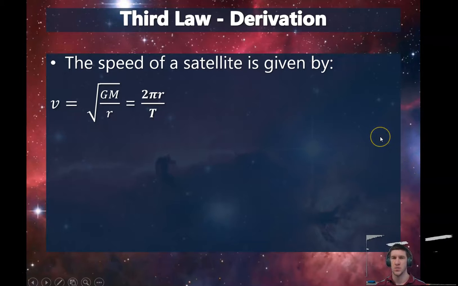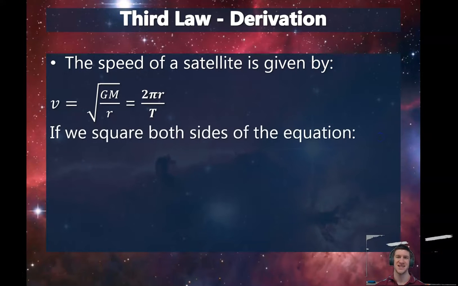But what is speed? If we go back to the original definition, it's just the distance that the object travels divided by the time taken. In the satellite's example, it is just 2πr, which is the circumference, so how far it travels around in its orbit, and capital T is the period. So if we just look at those two, that's obviously going to be equal to the velocity of the satellite as well. If we equate both sides and then I square this bit to get rid of the v squared,